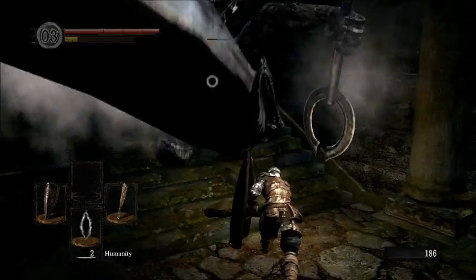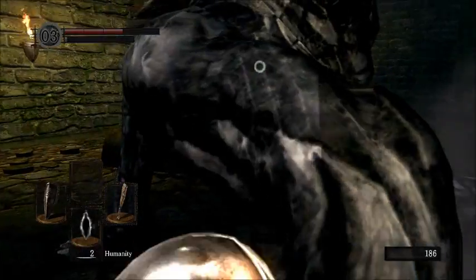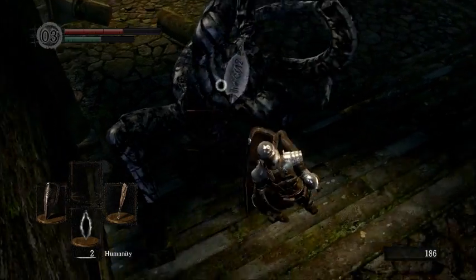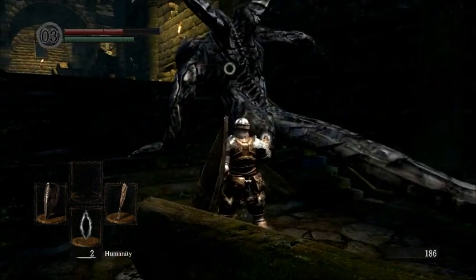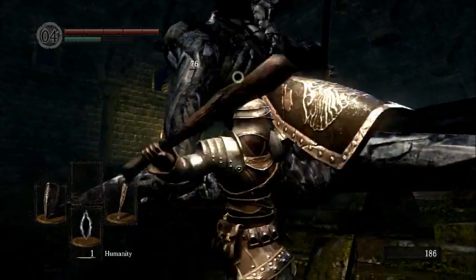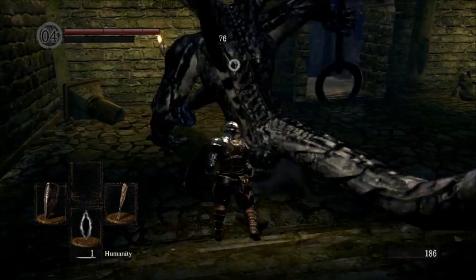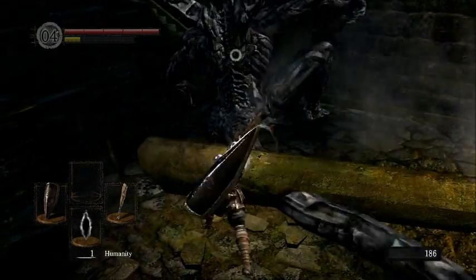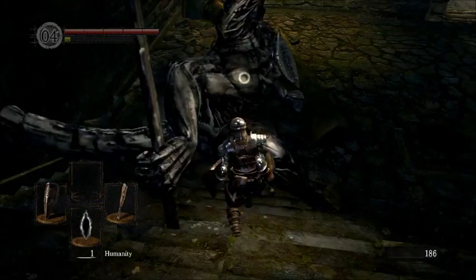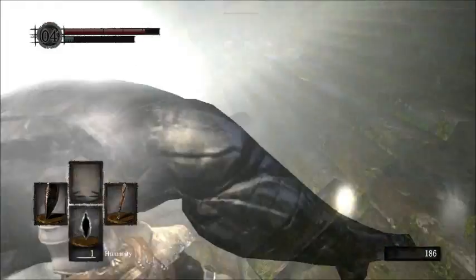Okay, we're getting damage done. We're chunking his health. Consume. Alright, we are doing damage. That's the good news. Now, I know you can actually take these guys' tails off. Granted, they are very hard to hit. I think we're just a couple hits away from killing him. He's done. So as you can tell...